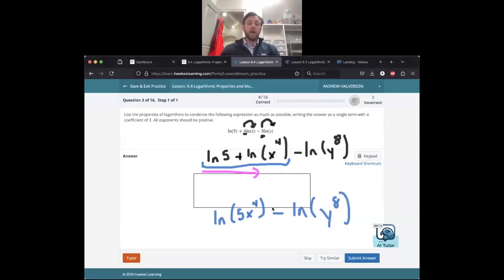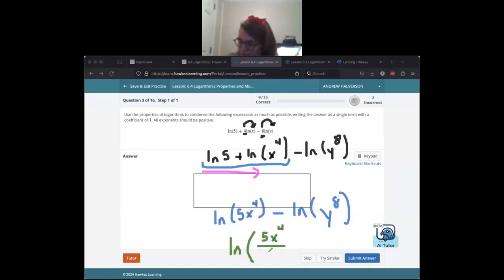Now we need to take care of the subtraction. So what property are we going to use there? How are we going to combine these? Any takers? Division? Division of what? We're going to collapse it into one ln expression. What's the numerator? 5x to the 4th power? Exactly. And the denominator of that fraction is going to be